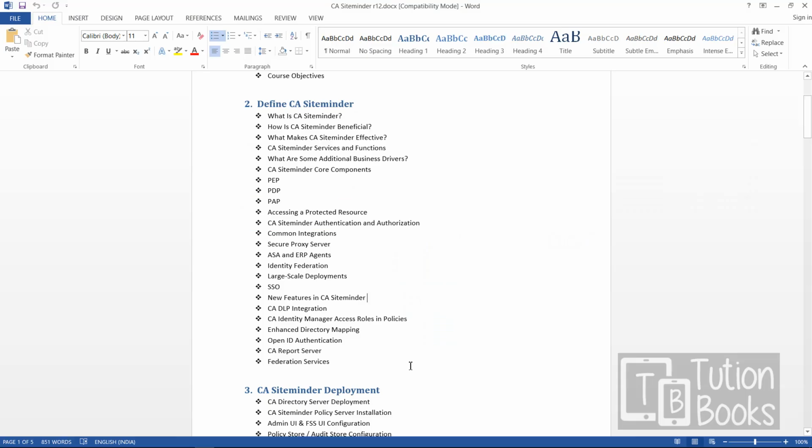So in this session today, we will go through topics like Siteminder core components, its architecture, and how it will protect a web resource, what authentication and authorization are, and some more topics like SSO, large scale deployment, identity federation, and its agent processes like the secure proxy server and any other agent Siteminder will use. So this is the course content for this session, and if time permits,